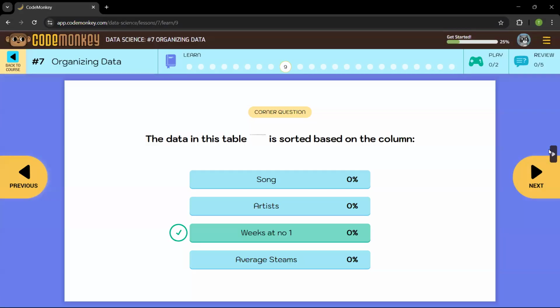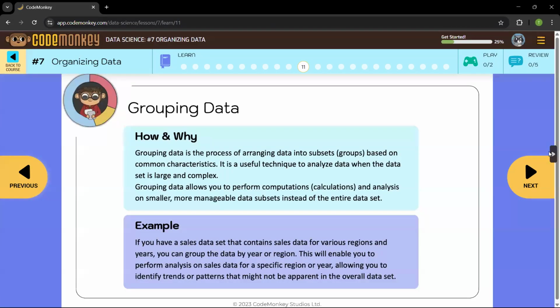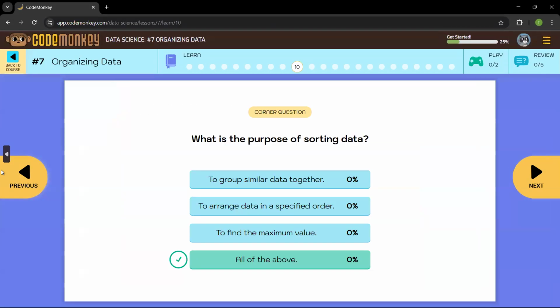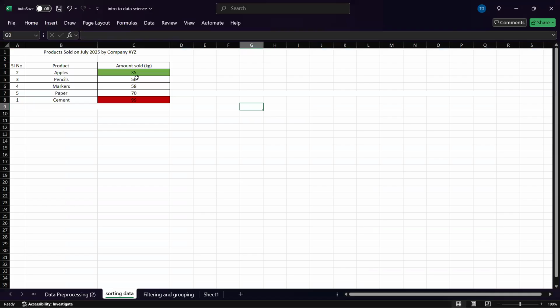Now, what is the purpose of sorting data? Why do we sort data? First of all, to group similar data together. In the table, these two products, 56 and 58, have been sold in similar amounts and are near each other, so I notice the similarity.